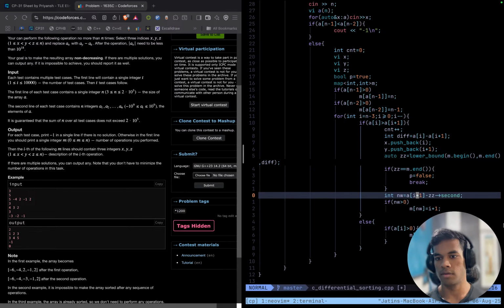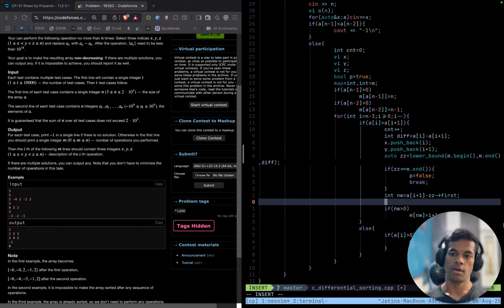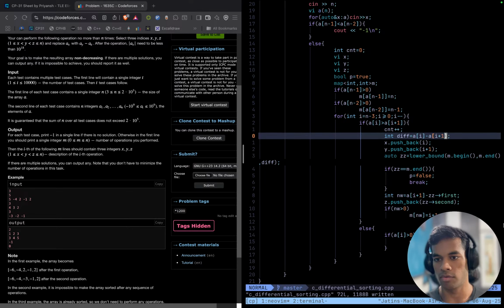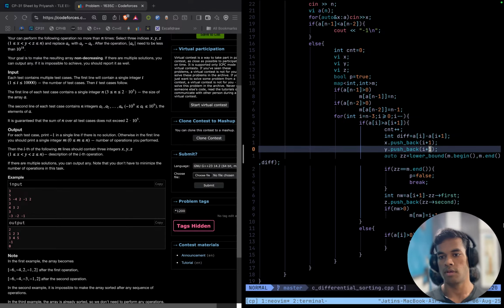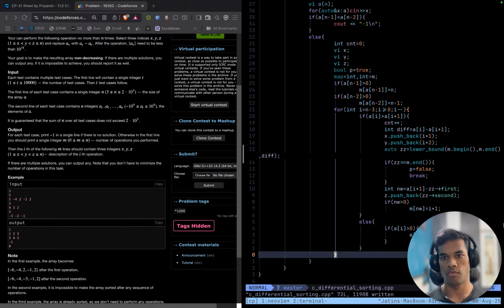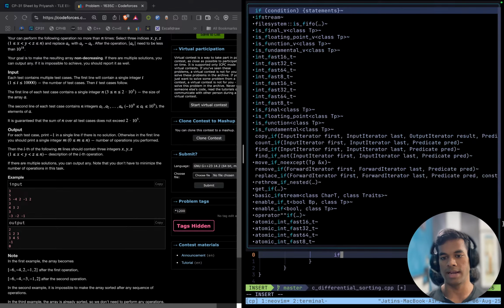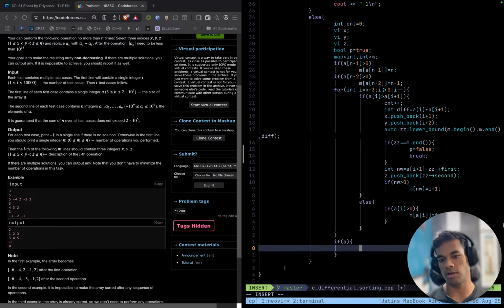And why am I doing this? This should be first instead of second, and change the value and z.push_back(z.second). That is the index. And also make these 0 index, 1 index. After all of this is over, and if still possible, then see out first of all, count,